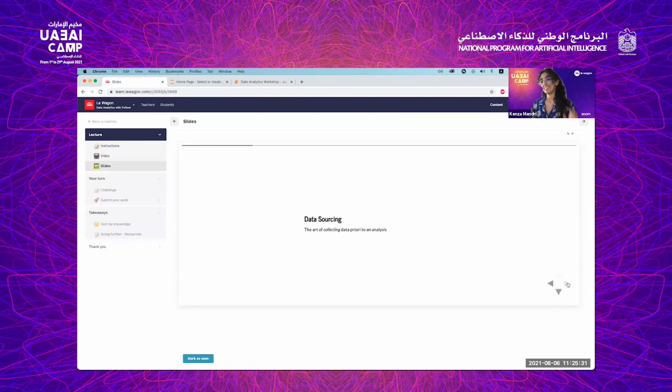Data sourcing. So the first stage of data analytics or science is that we need data, right? Data sourcing can be considered quite an art. It's not like we are getting it from out of the blue. We have to actually go and fetch it. So there are many ways to